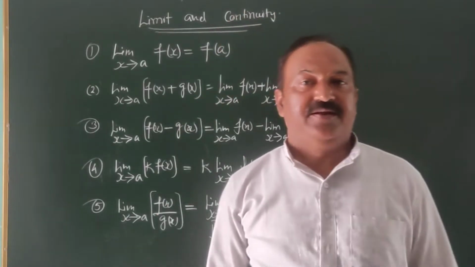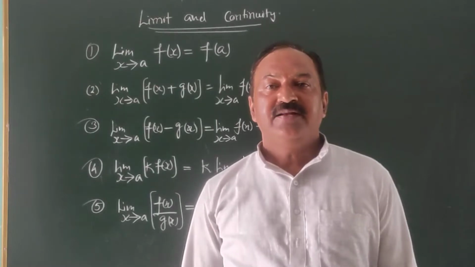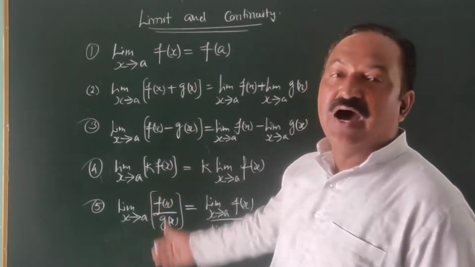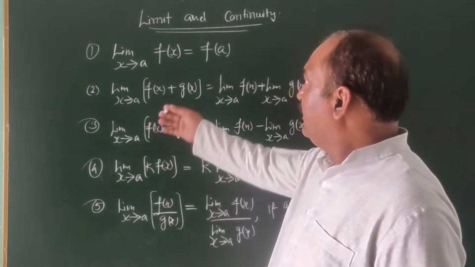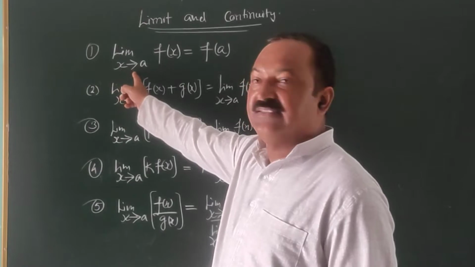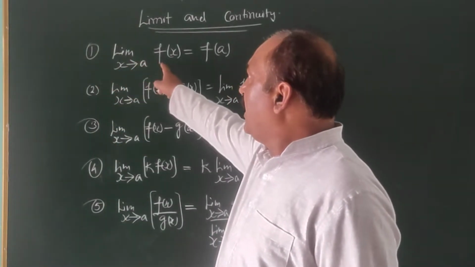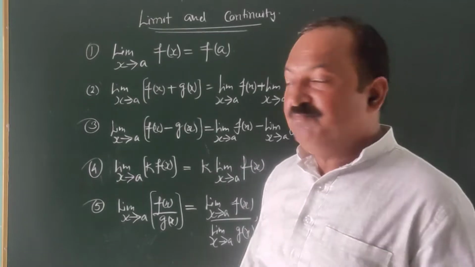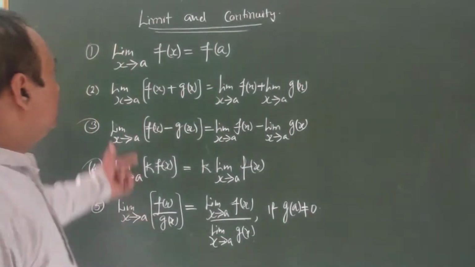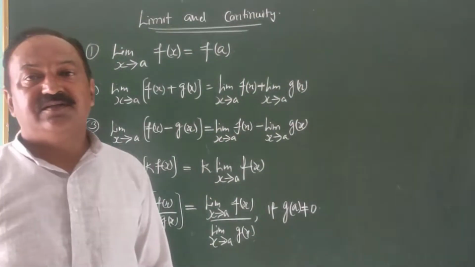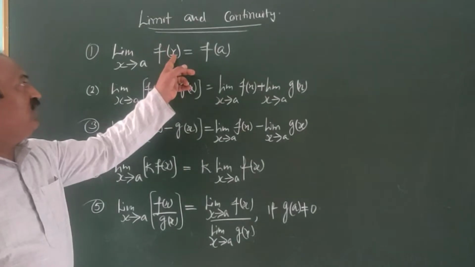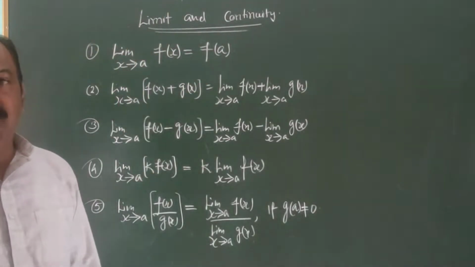लिमिट एंड कंटिन्यूटी। तो लिमिट एंड कंटिन्यूटी जो है वो उसके अलजेब्रा ऑफ सम फार्मूलेज हैं। और सबसे पहला फार्मूला है लिमिट ऑफ x अप्रोचेस टू a। दिस इज रीड एज लिमिट ऑफ x अप्रोचेस टू a f of x. Simply putting the value of x is equal to a, we get f of a. This is the first formula of the limit, that limit of x approaches to a f of x is equal to, substituting the value of x is equal to a, we get f of a.